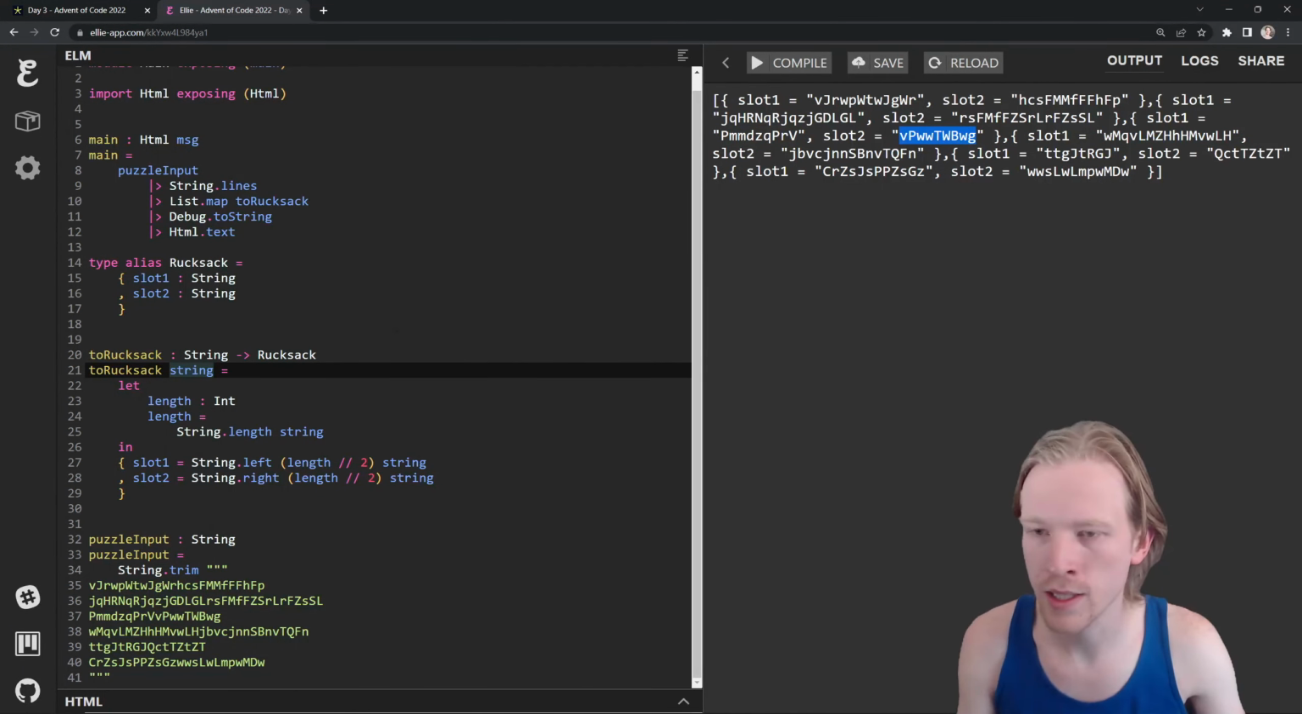So first I'm going to do set.intersect. Our first set is going to be slot 1, but I'm going to do string.toList. So that gives us a list of characters. And then we're going to say set.fromList. And so if I do that twice, hopefully